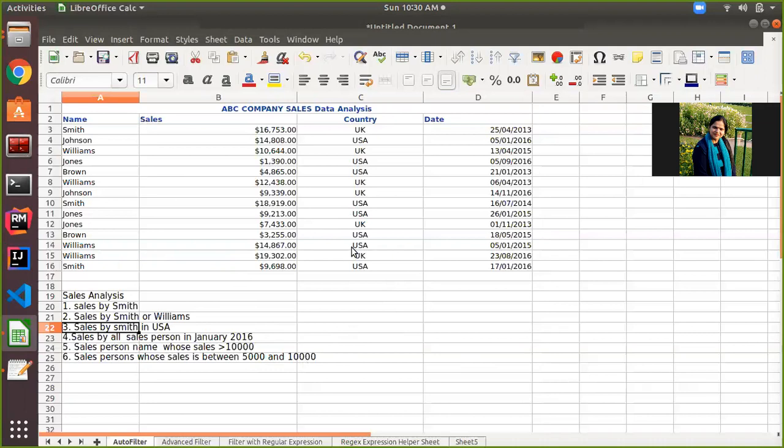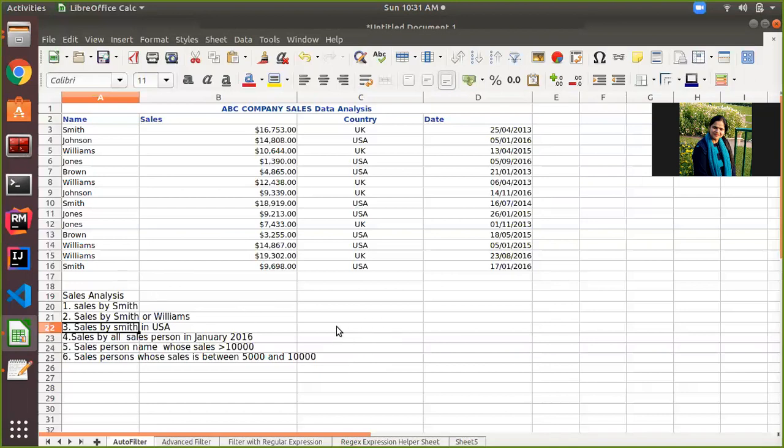But suppose a sheet contains the data of 2000 salespersons, then it is very difficult to find out the sales done by Smith in the long sheet, or the names of persons who sold greater than 5,000 or 10,000. So Excel data filter tool is a very useful tool in such scenarios. So these things you are going to learn today.